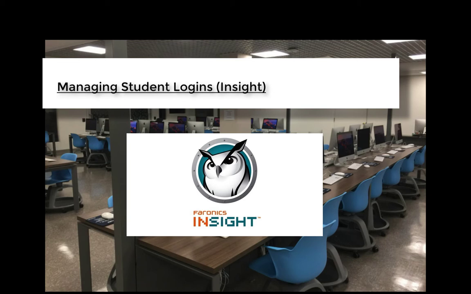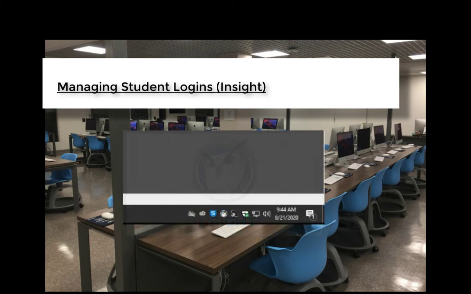Since there are only a certain number of computers available in FIT Remote classrooms, just like in a physical classroom, you will want to ensure that all the students who are registered for your course will have a computer to use. You may need to manually log off a student who has forgotten to properly log off of the last class they were attending. We recommend doing this step at the beginning of your class time when you are taking attendance, and you can compare your class roster to the students who are logging in to FIT Remote Labs using Insight.